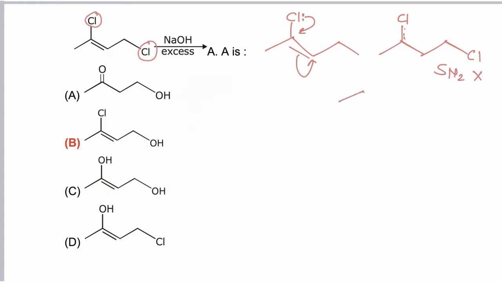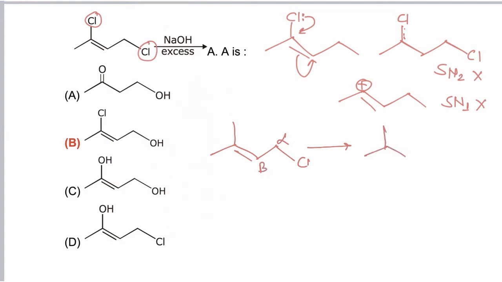Now if we take the SN1 mechanism, during the SN1 mechanism the carbocation formed is highly unstable, and due to the formation of an unstable carbocation, this halogen cannot be removed via the SN1 mechanism. Now if we take the second halogen, this halogen can be removed via both the SN1 and SN2 mechanisms. This can be easily removed via the SN2 mechanism because an electron withdrawing group at the beta position increases the stability of the transition state.